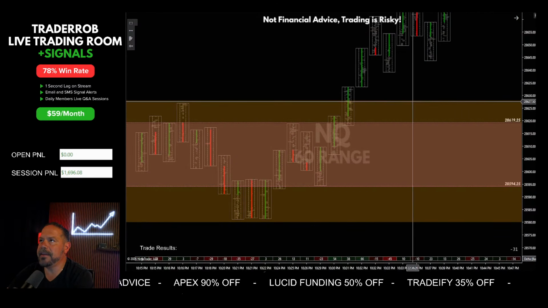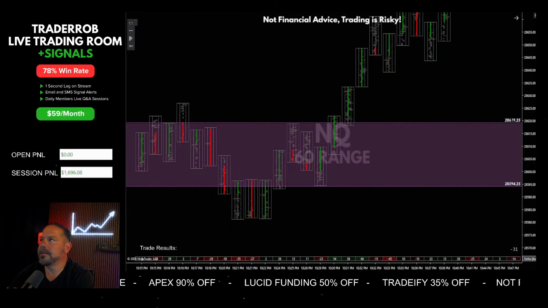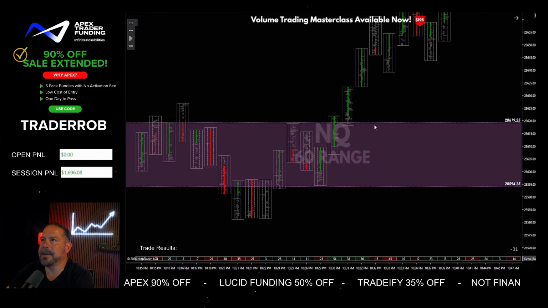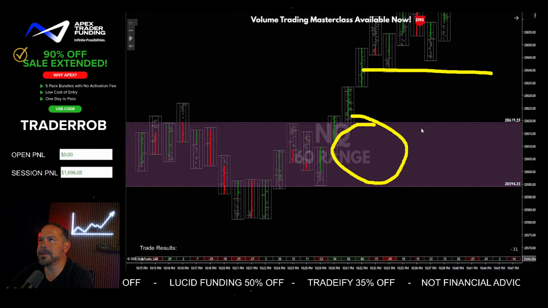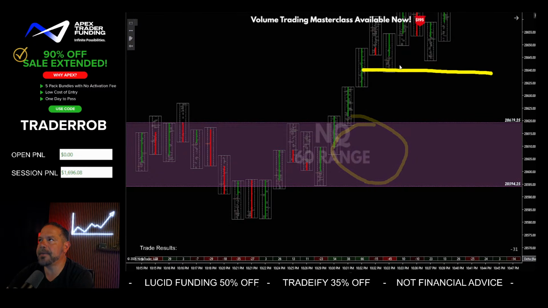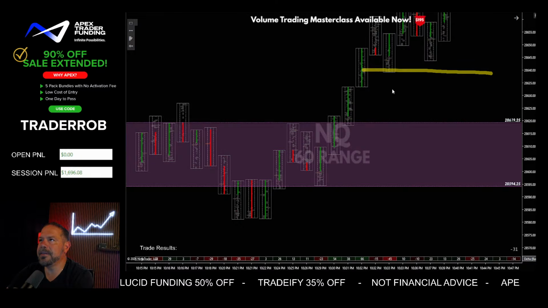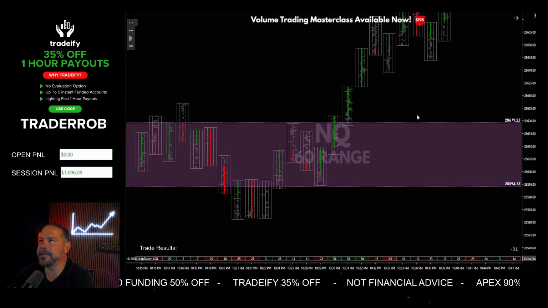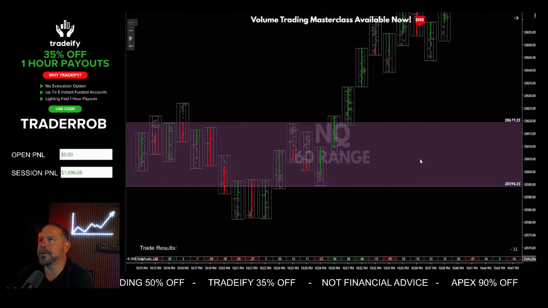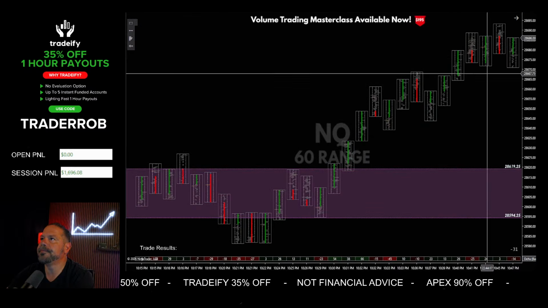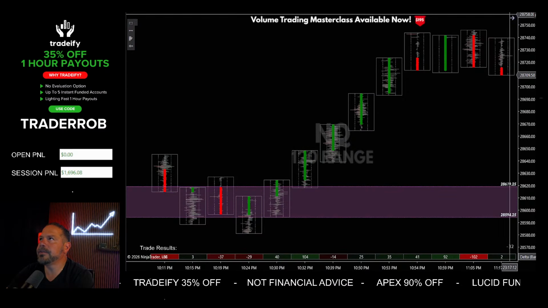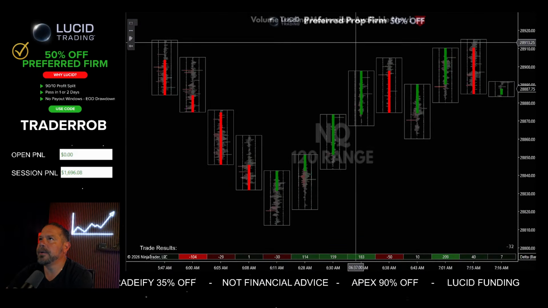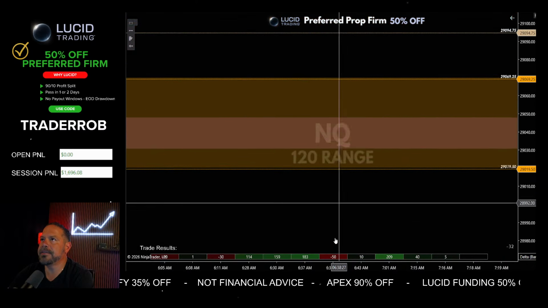So how I see this, the volume currently that's unbalanced is sitting right here. Not a ton of it, so this is not going to be a huge move because they balanced out this top right here. But this is still good. Could be good for a 20 to 30 point scalp, depending on where we enter from. So that's that one. And then if we switch over to the one on the top side, which is this guy right here,